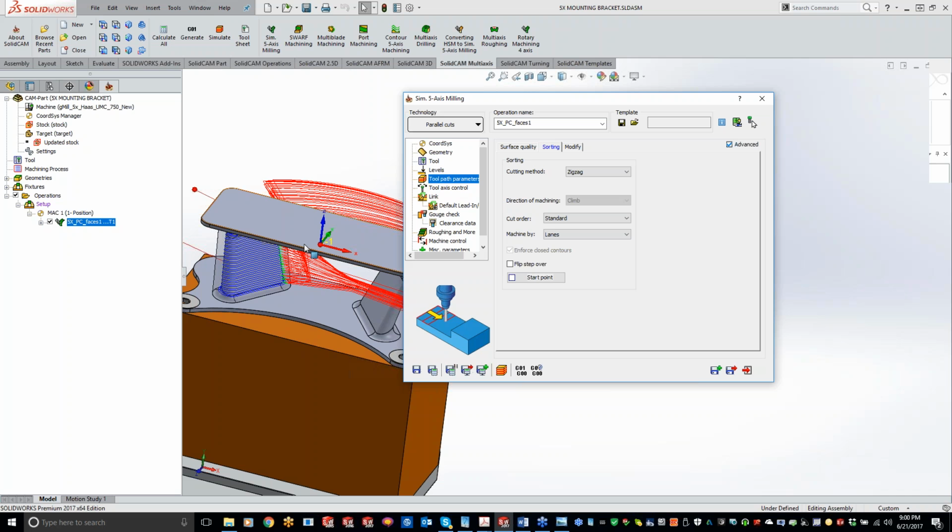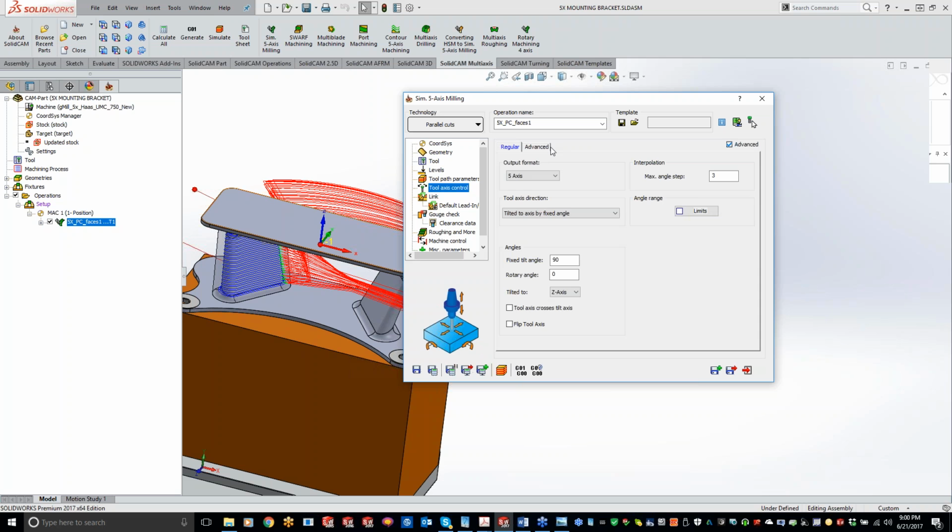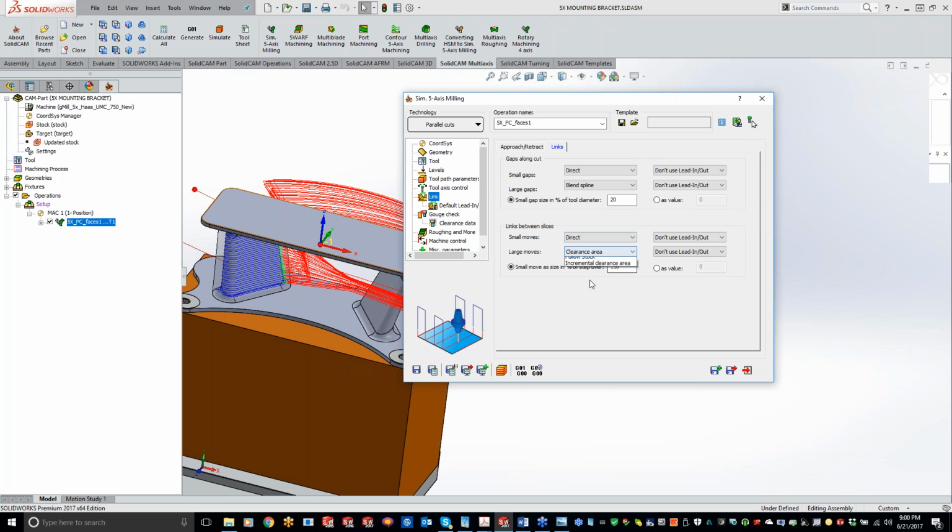Plus blend splines. Okay. See, I'm getting all kinds of good stuff from you guys here. Let's see. So if we go to blend spline and blend spline,